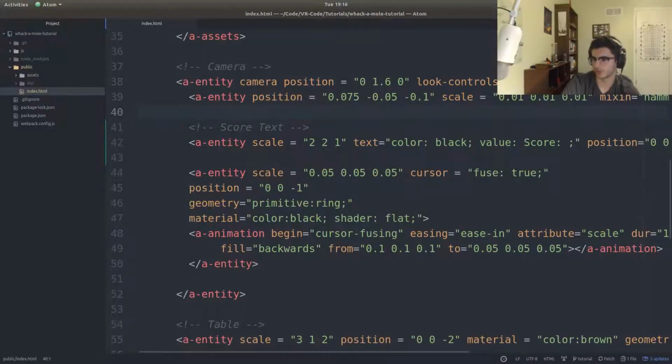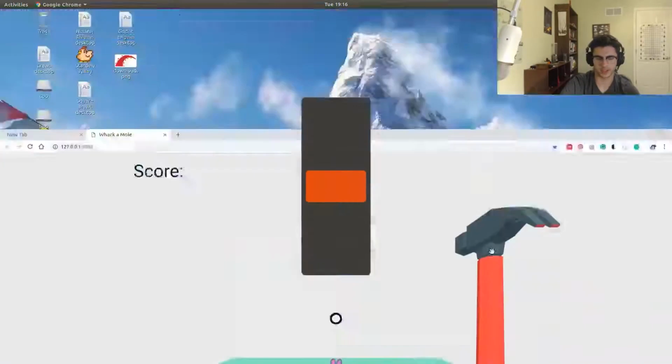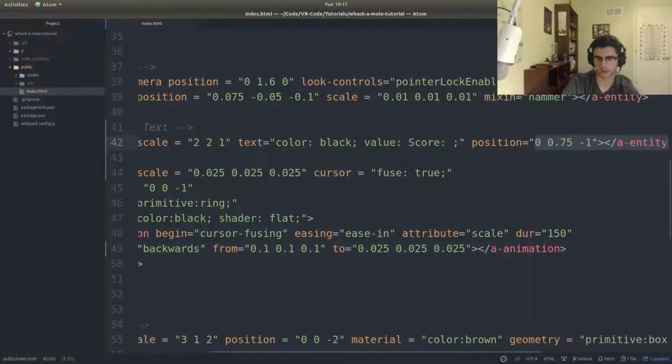Okay. So we're gonna have it where we take this out and just move the scale. The scale is gonna be a little bit smaller, just for simplicity's sake. And we're also gonna change it so it goes from 0.5 to 0.25. You don't have to apply this change since it's not really of much. It just changes the size of the cursor. But we're gonna have it where for our hammer,